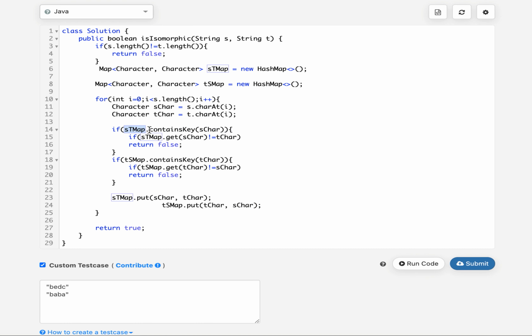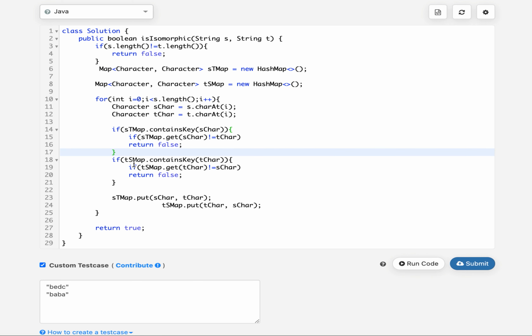If it is, I will get that character from the ST map, and I'll check whether the intended target character is equal to the current target character or not. If it is not equal, I'll return false, because we are trying to form the equation where a single character in S is being targeted to two different characters in T.